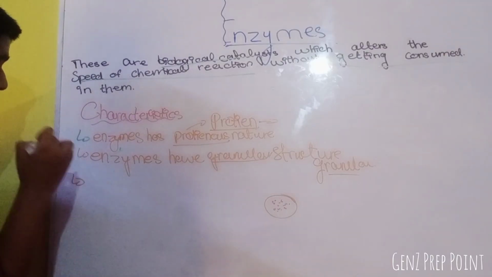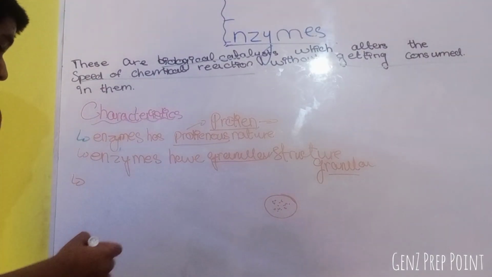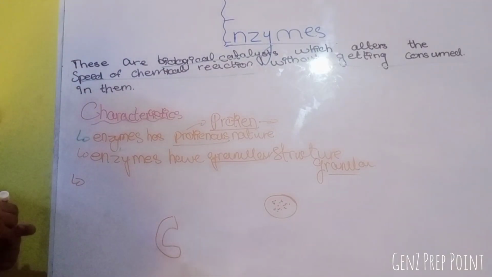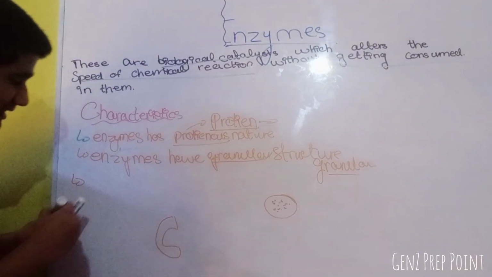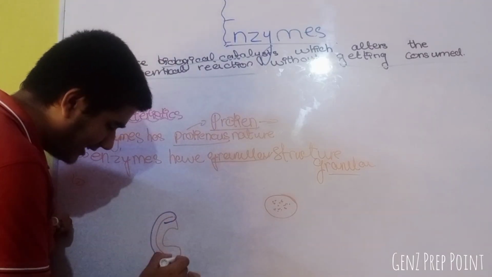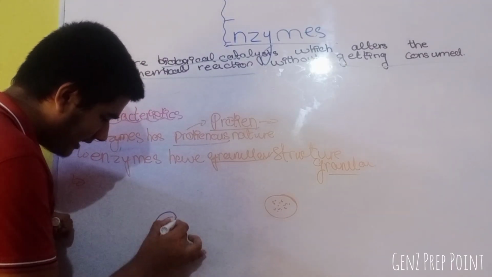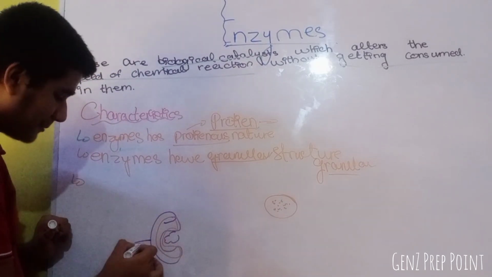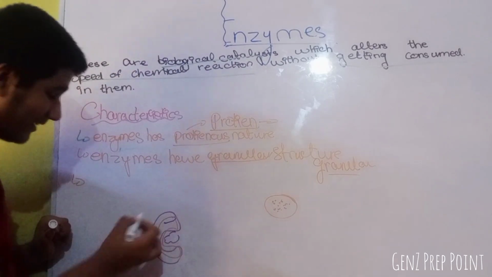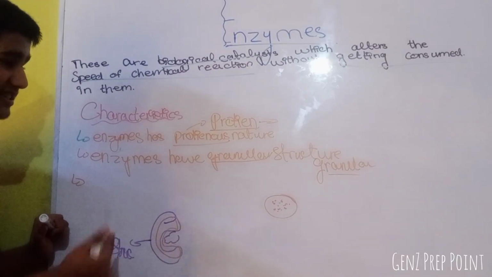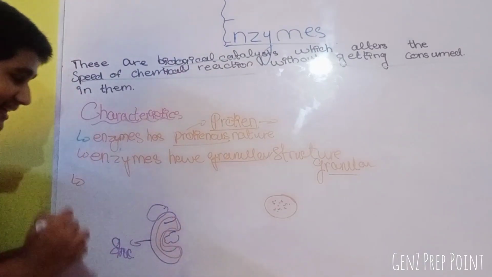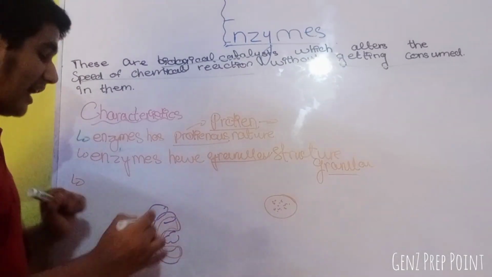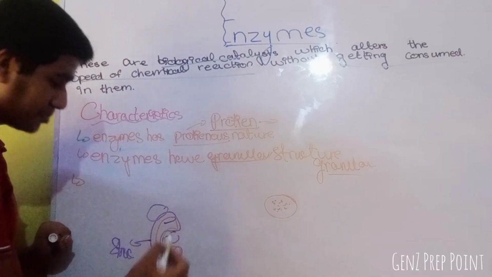So if we jump to the third topic, the third is totally dedicated to the point of its structure. This is a normal enzyme. And if we see this, they have two parts. This part and this part. If we talk about this part, this is the structural part. If a substrate, such as this protease enzyme, and a protein comes and attaches to it on this structural side, nothing will happen, no process, until it attaches to this part.